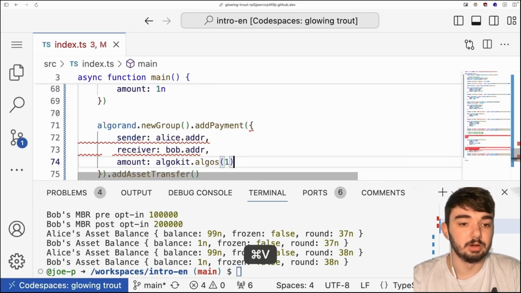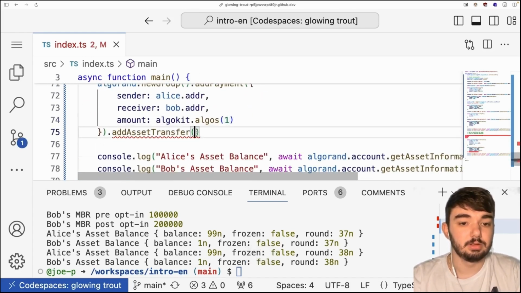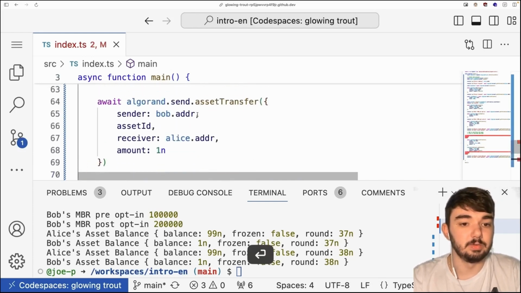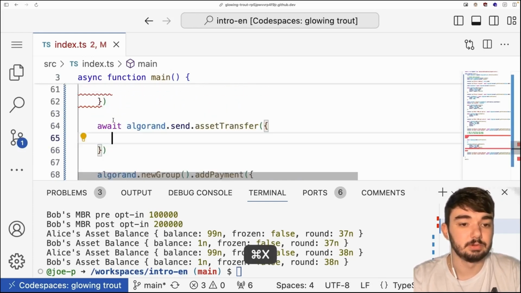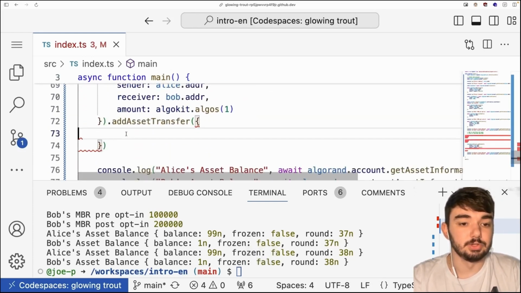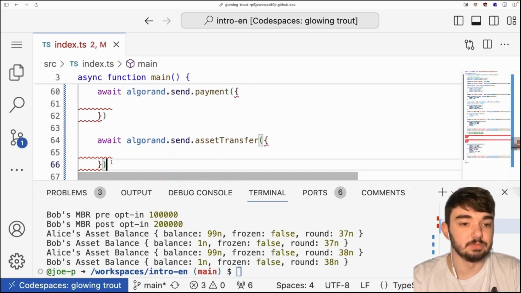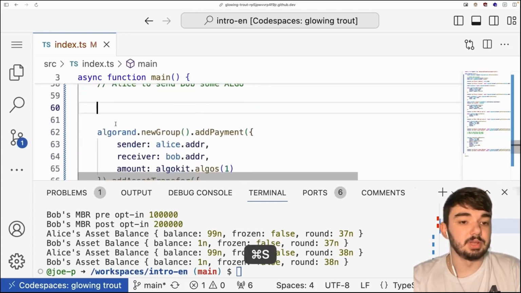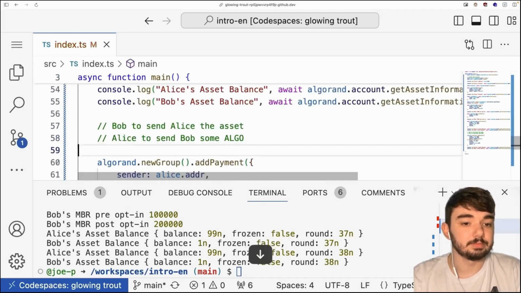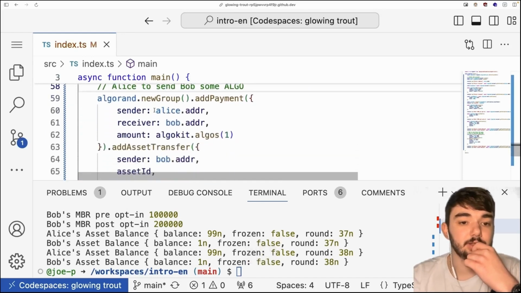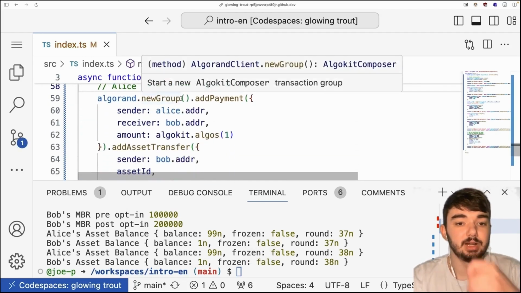So this is going to be our payment, and then we're going to have our transfer. The same exact transaction fields, except now we've composed them together using this new group.